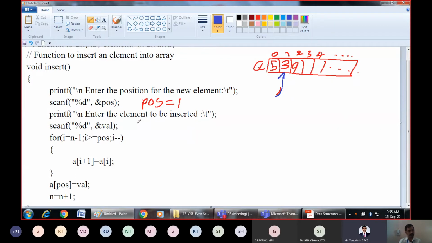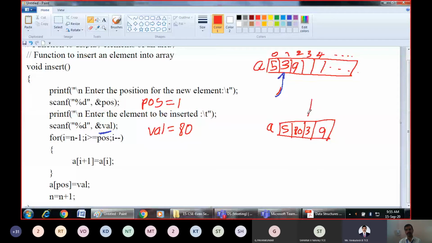At position 1 you want to insert the new element, but which element do you want to insert? Then scan it and store it in a variable called value. That means at position 1, I want to insert some element called 80. How your array should look after inserting is 5, 80, 3, and 9.